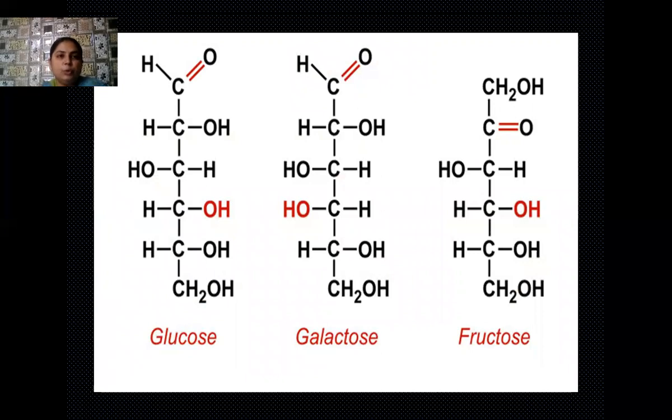Yes, students, here I have shown you the chemical formula of three types of carbohydrates. The first formula is of the glucose molecule. You know how many carbon atoms are there in glucose? Six carbon atoms are there. Beside this, we have hydrogen and OH groups located on these carbon atoms. One aldehyde group is also there. The other two chemical formulas are of galactose and fructose respectively. You have to draw these formulas and practice them so that you can get familiar with the location of the H and OH groups in these molecules.